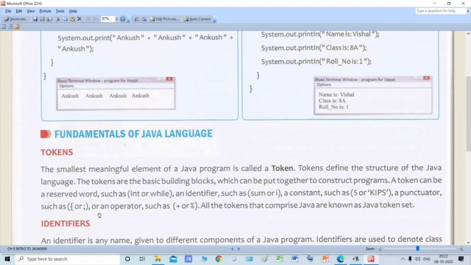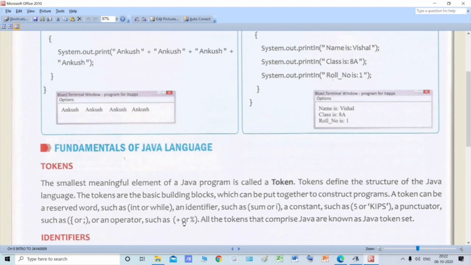Then operators. Operators are the symbols like plus, minus, asterisk for multiplication, percentage for modulus, and forward slash for division. So these are operators. Operators are used to perform arithmetic or logical or relational operations in Java.